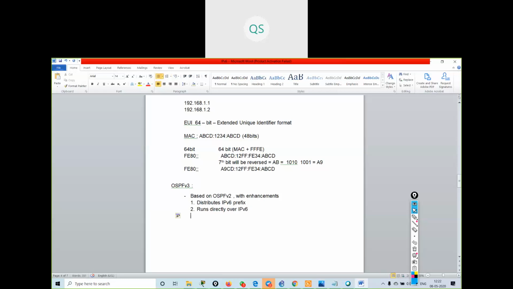Now, some add-ons are there. It adds IPv6 specific attributes. The attributes: it has a 128-bit address, a link local address, and authentication is there.